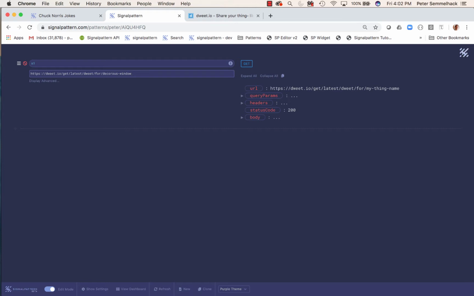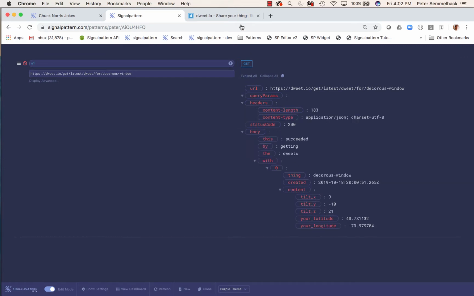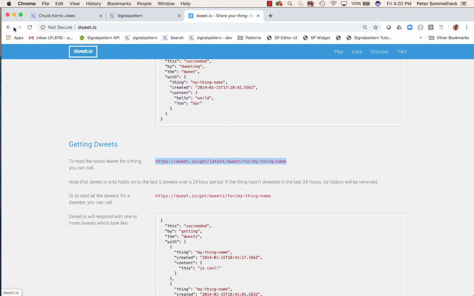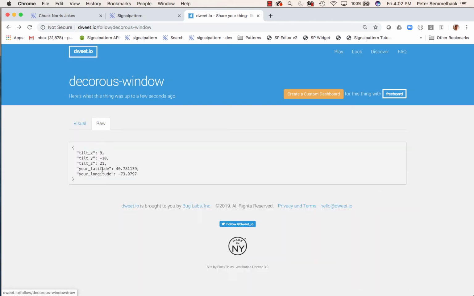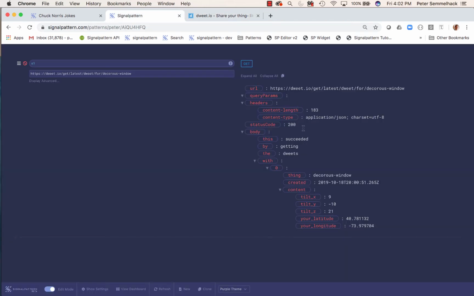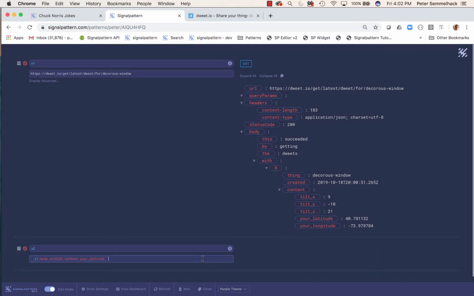That is the name. Now you'll see if I expand this, here's all the information that you just saw, right? So here's the device. Raw. So that's the information coming from the device. Here's the API call, so it's the same. But what I really want to know is the location of this thing. I don't really care about anything else, so I'm going to drag, like I did before, my latitude. Now I need latitude and longitude, so I'm going to put latitude, then a comma,